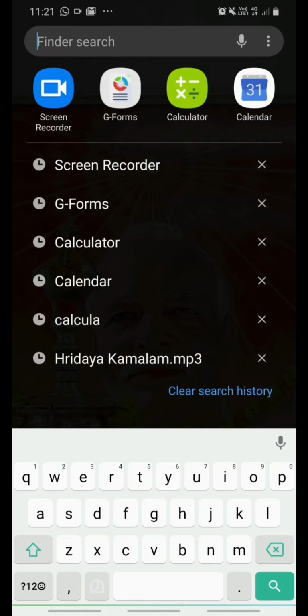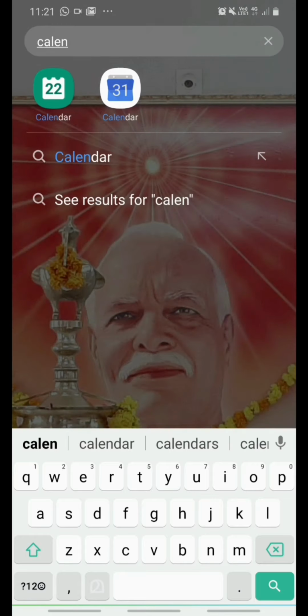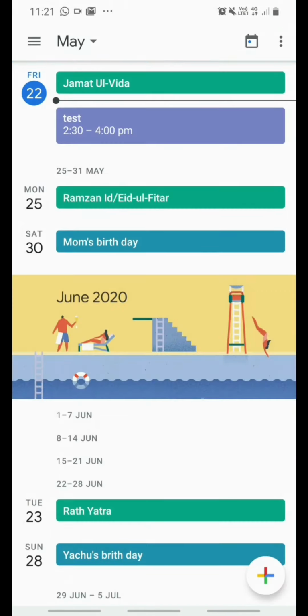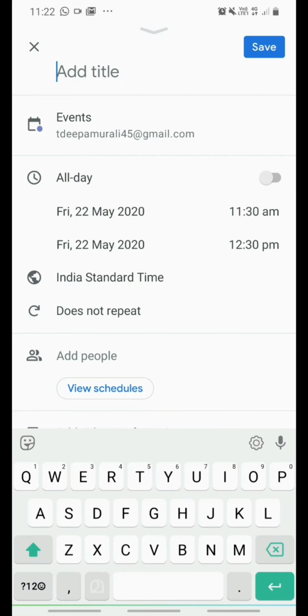For that you have to install the Google Calendar option that I told you, to schedule our meeting and to give the prior information to all the participants about when the meeting will be conducted, and the topic and all. For that you can click the plus symbol, you can see the event button. You can add a title based on the topic which we are going to present, or based on which topic you are having the meeting or conference or calls, video sessions and all. You can add the title here. And you can change the date here.